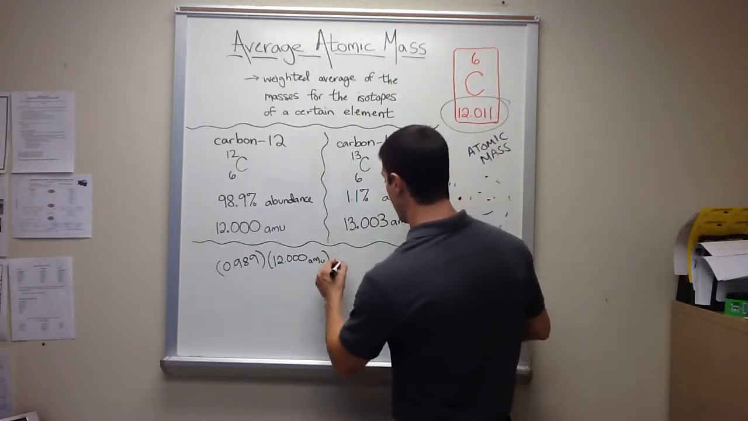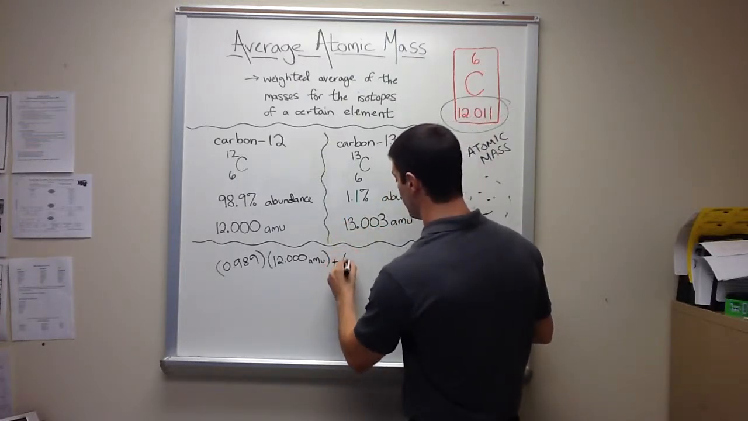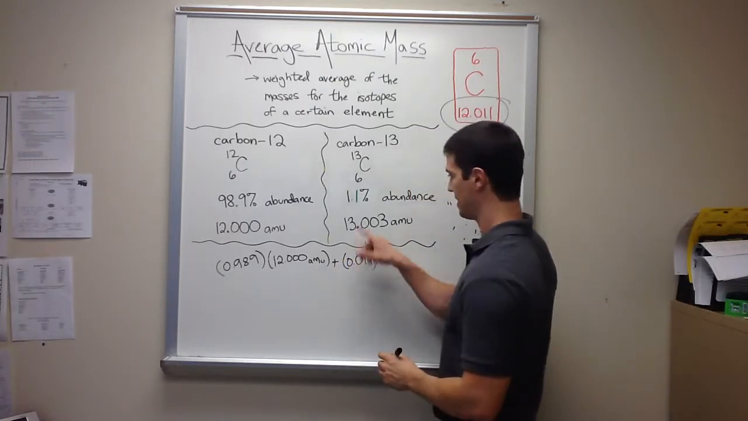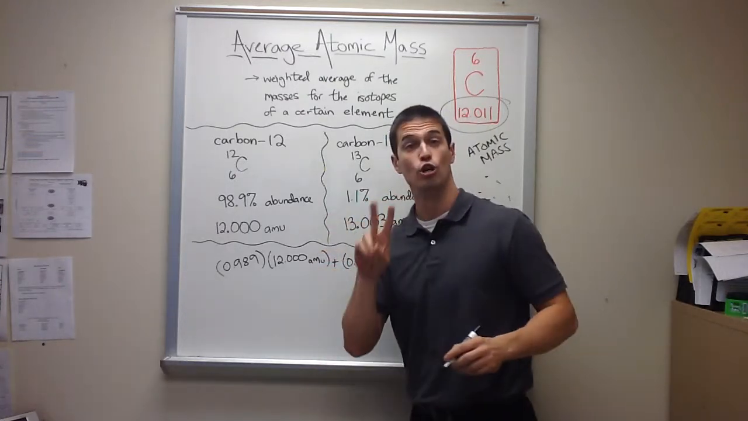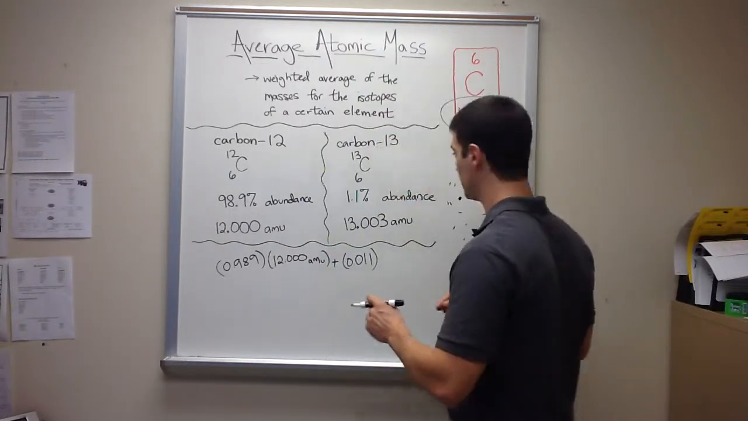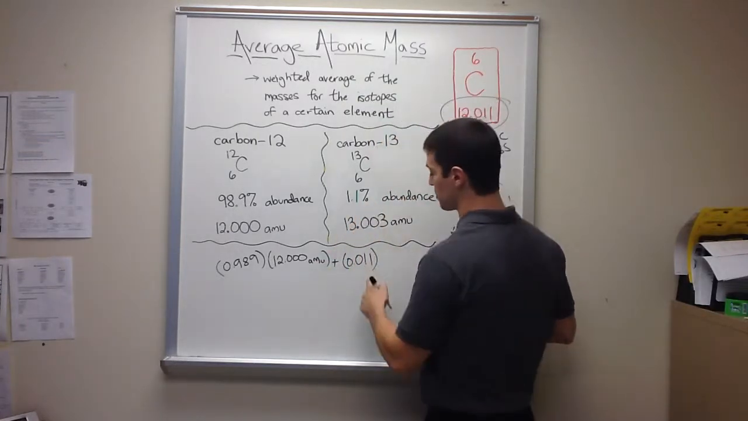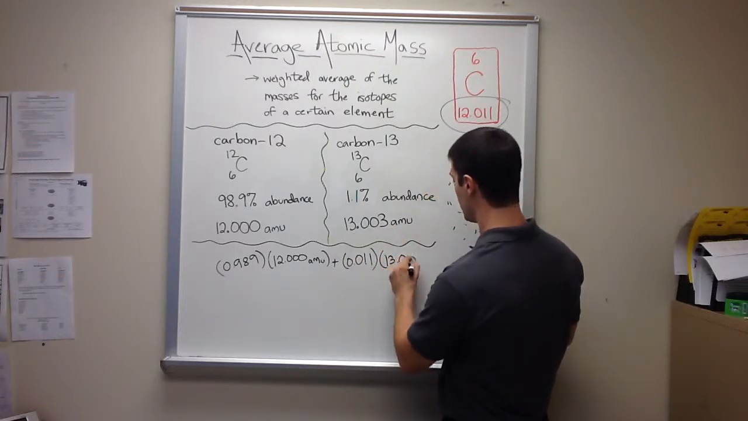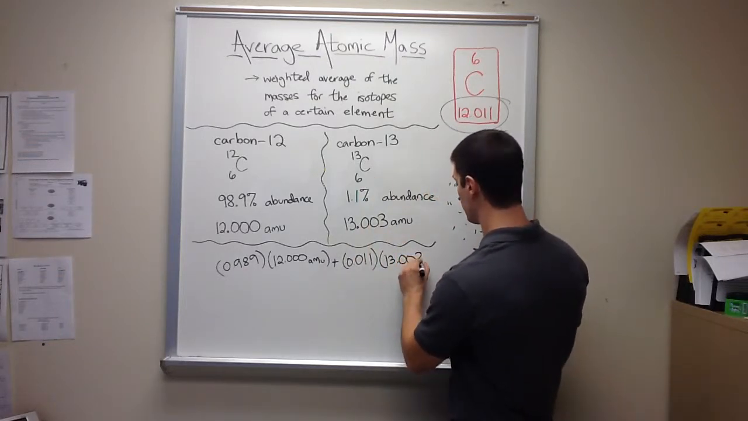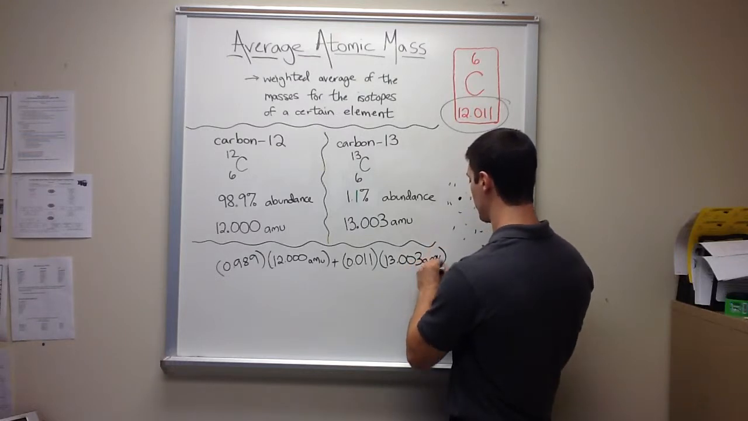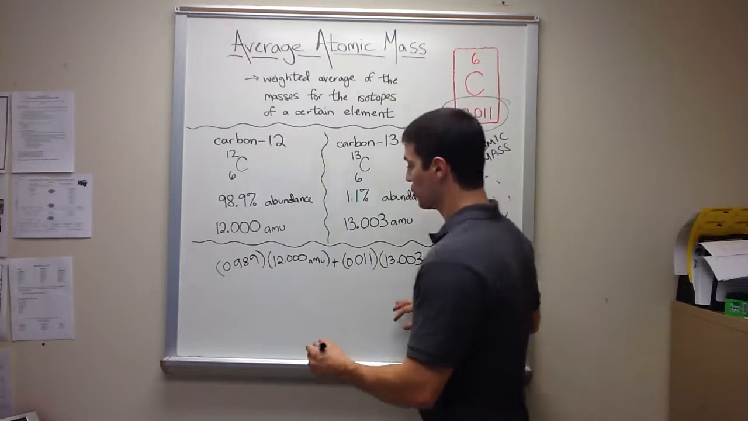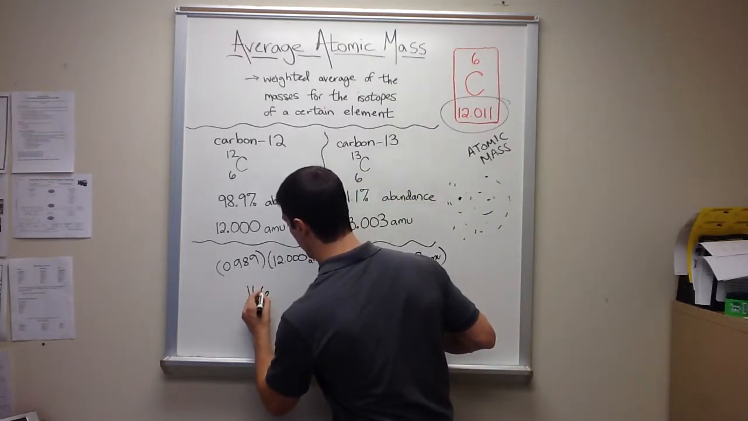Okay, right here we have the 1.1, and this is going to be 0.011 as a decimal, because we're going to move that decimal place over twice since you're dividing it by 100. You should know how to go from percent to decimal. And then multiply it by the mass of carbon-13, which is 13.003 atomic mass units. Alright, if you plug this in your calculator, you can do that right now, you should be getting